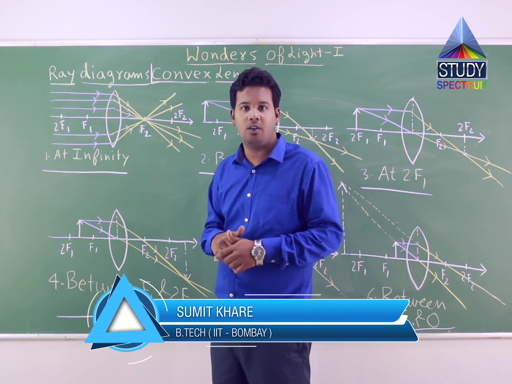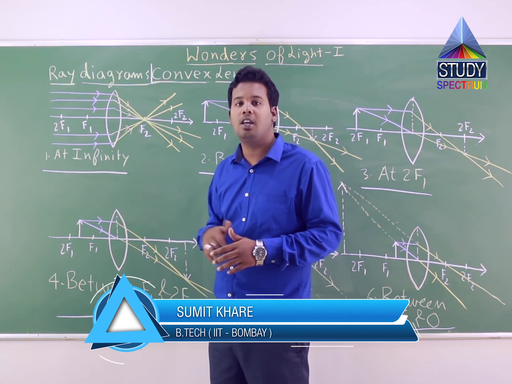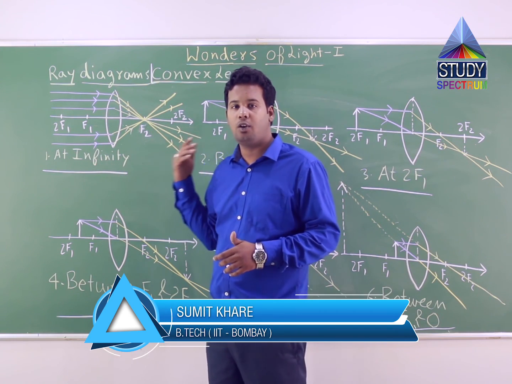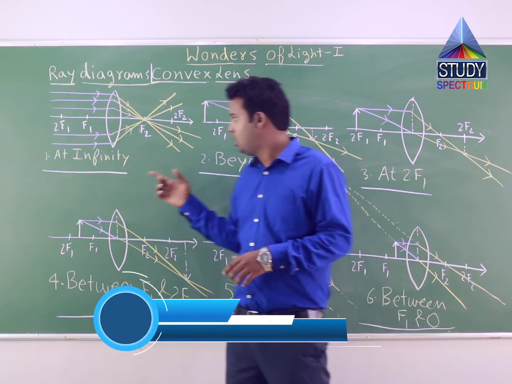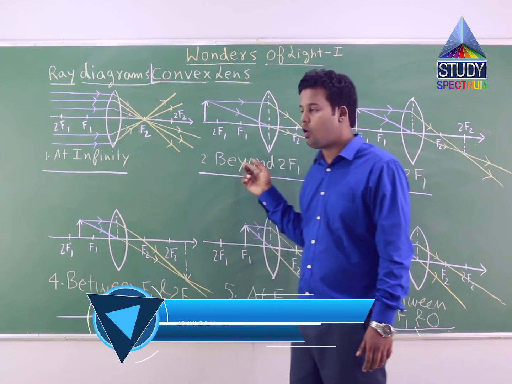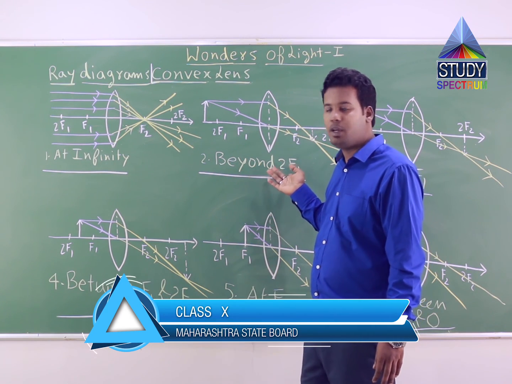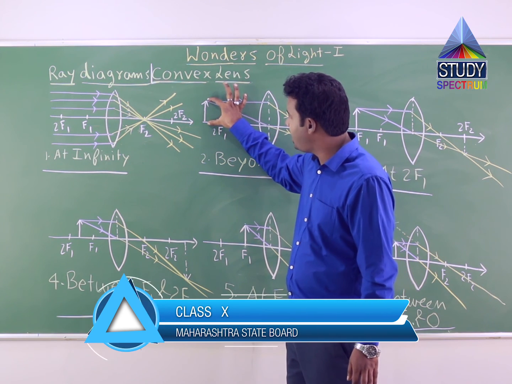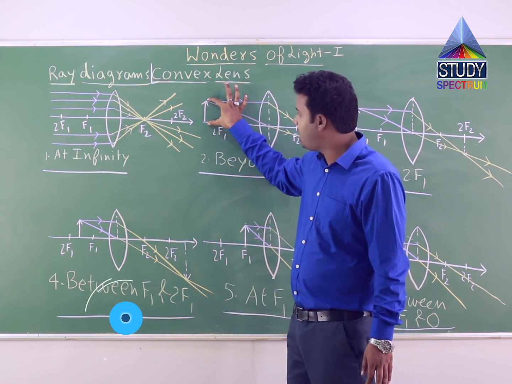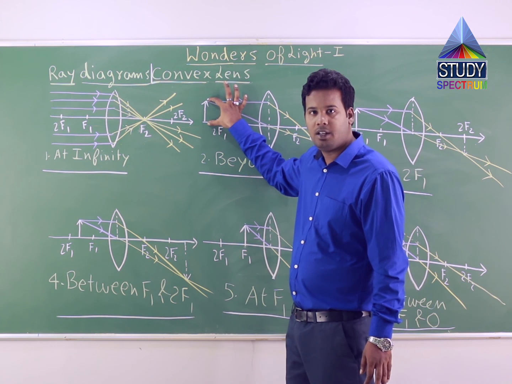As we move towards the convex lens, the second case was the object placed just before 2F1, that is the first center of curvature, or in other words, the object is placed beyond 2F1 if we talk from the right hand side. Correct? So the ray diagram for the second case I have drawn over here. If you see this, the object is placed beyond 2F1. If you see this white arrow standing on this principal axis, this is your object. Correct?